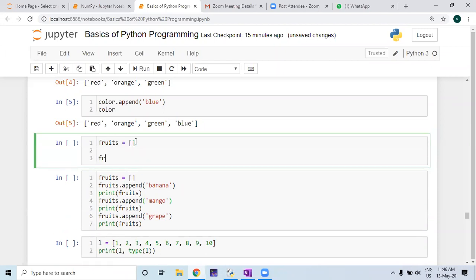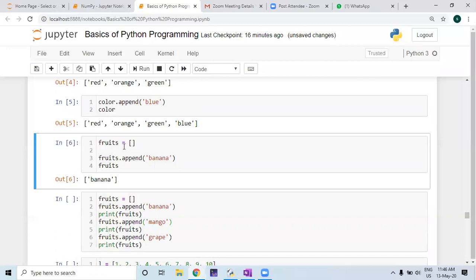Fruits dot append, first element. I want to put the first fruit banana, and I want to check what exactly my fruit list is now. So I have created an empty list. I have put in an element banana. Now my list has only one element called banana.